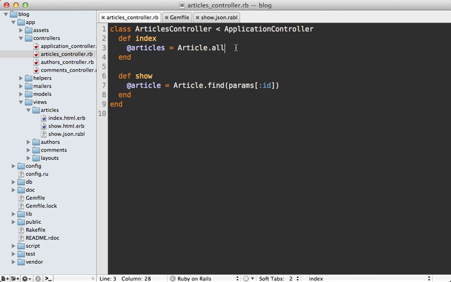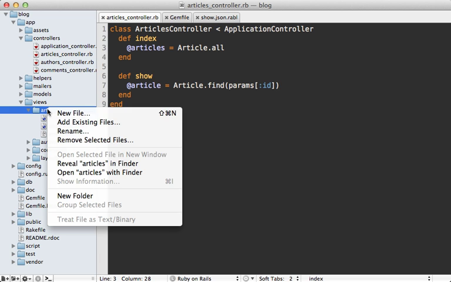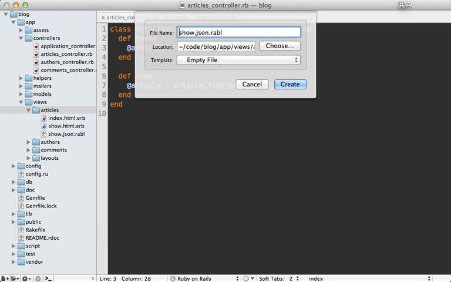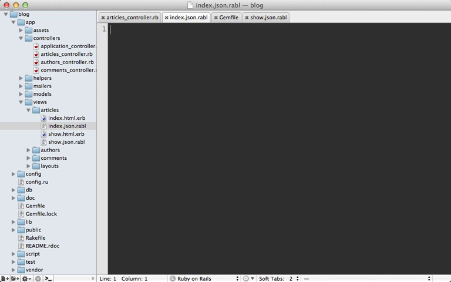Well, this is where I think RABL really shines. All we have to do is create a new RABL template for this index action. So it's called index.json.rabl. Now instead of calling object here, since we're working with multiple articles, call collection, and then pass in all the collections into that. And if you want to, you can define what attributes to use for each of the articles in the JSON output, but what if you want to duplicate the attributes you used inside of the show